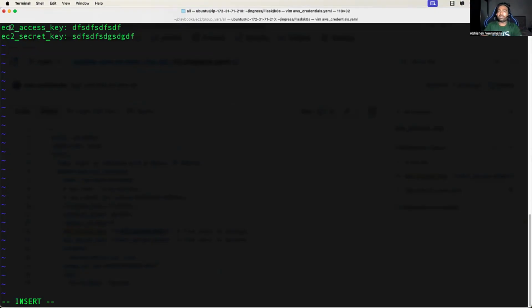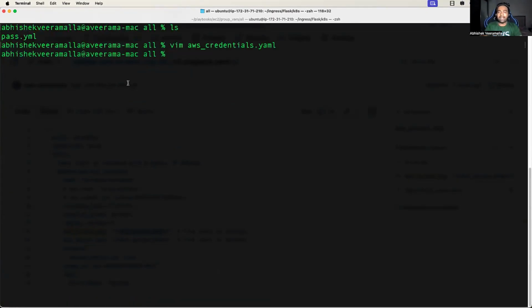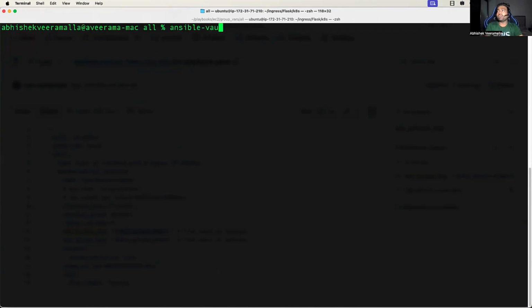Okay, now EC2 access key, secret key, if I just save the file like this, and if I upload this to a Git repository, then the AWS credentials are compromised. So instead of doing this, what we are going to do is we will say Ansible Vault,